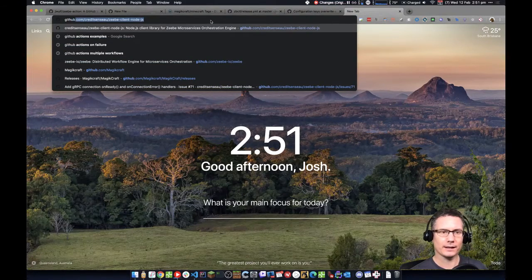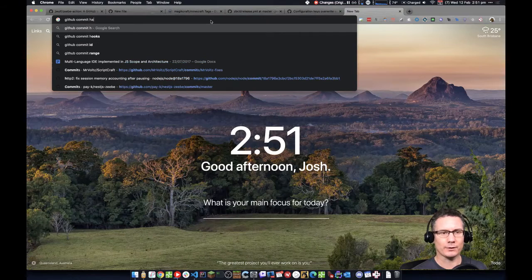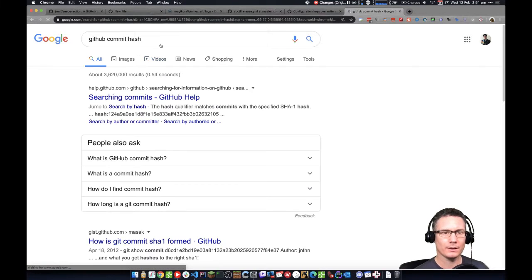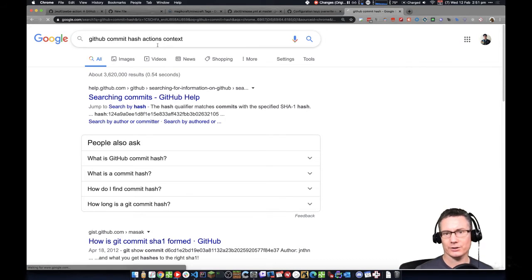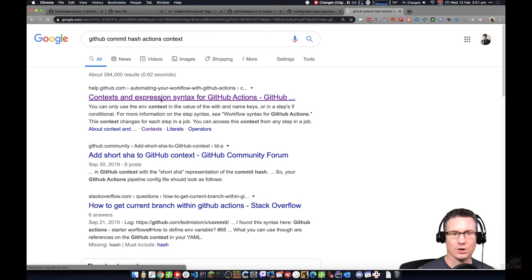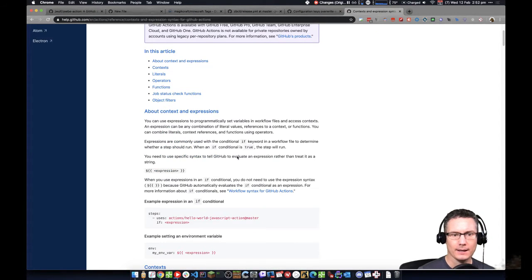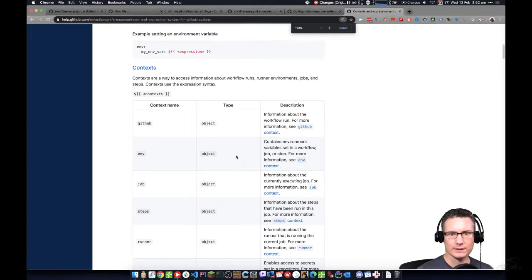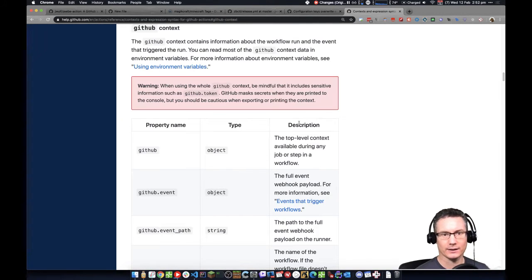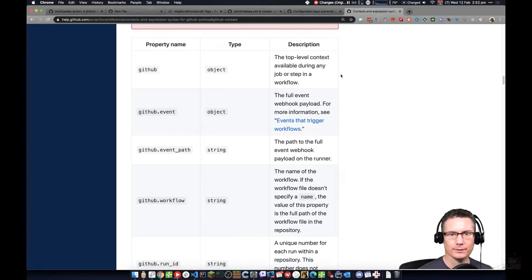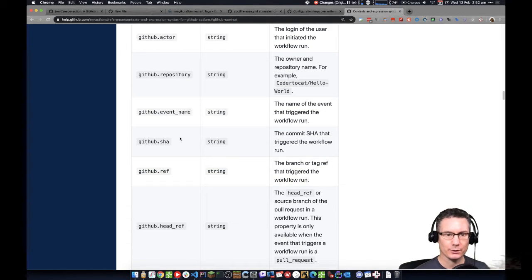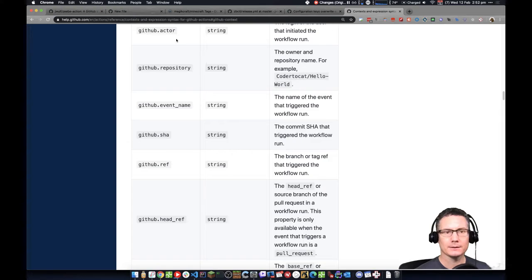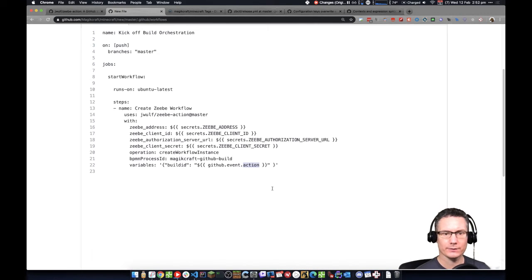So GitHub commit hash plus the time, because we might rerun the same actions context. So inside your GitHub action, you have access to different contexts, and one of them is the GitHub context. The GitHub context gives you an object which has a bunch of things on it, which includes things like a commit hash. Okay, GitHub event, run number, repository, event name, char. So if we use the github.char, go back to here. GitHub context is just the GitHub char,